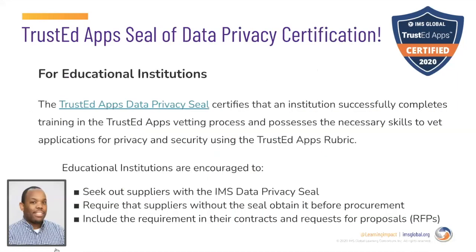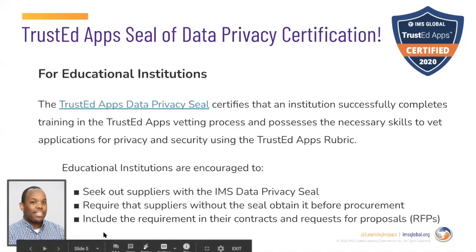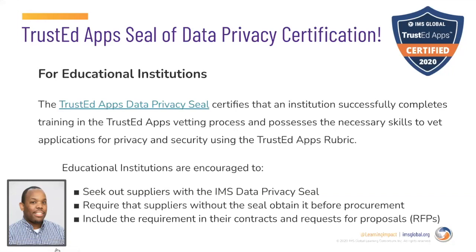So there has to be a way to discern the different types of suppliers that we are vetting. So we decided that there needed to be a way for a lot of our suppliers, or in our institutions, well, we'll start with our institutions here, to show that they've made a commitment and they're dedicated to privacy, and that this seal, so what it requires for an institution to get this seal is they work with me